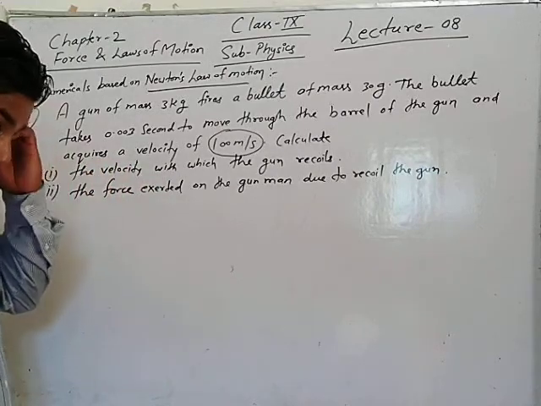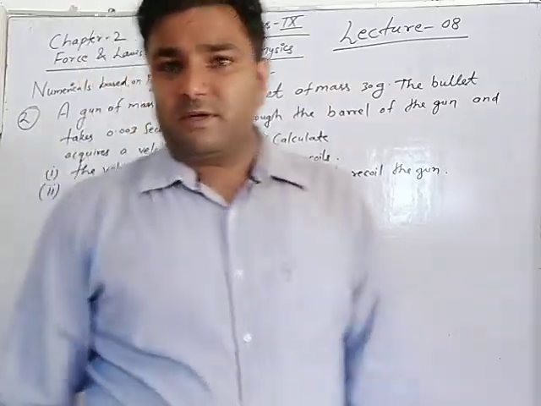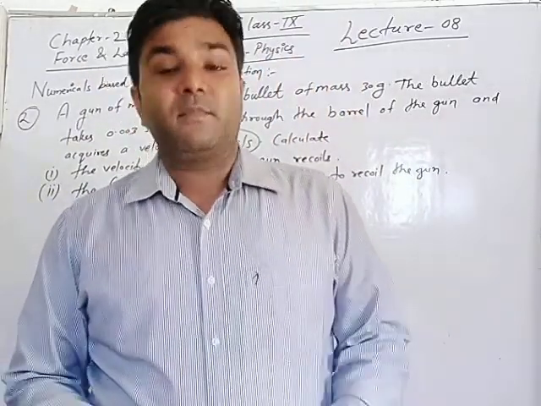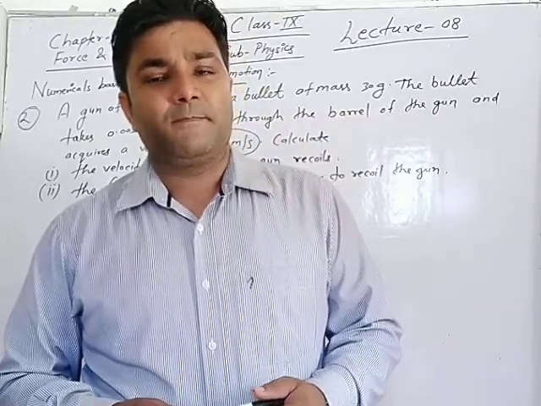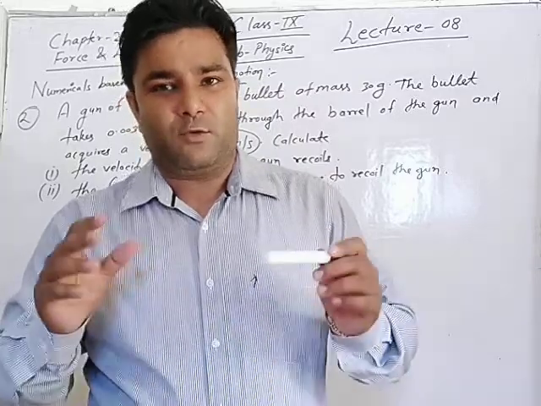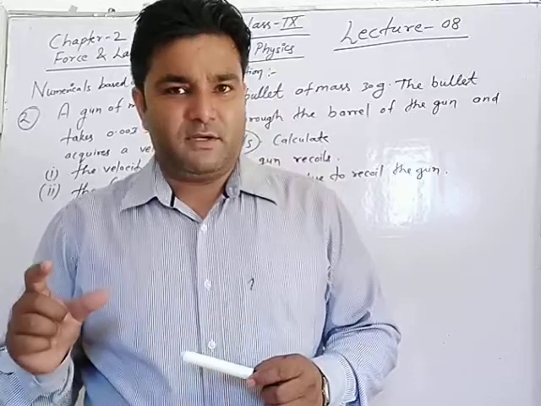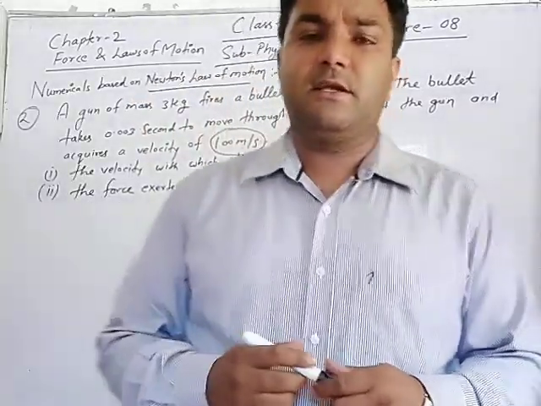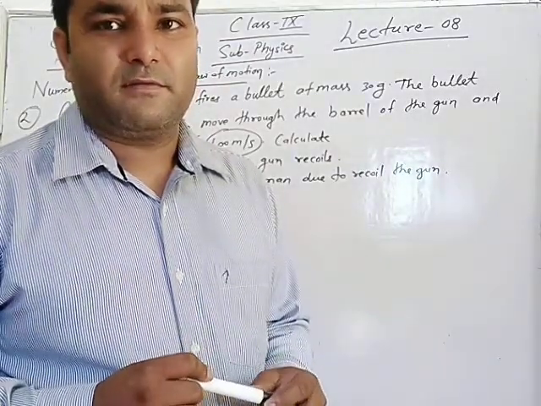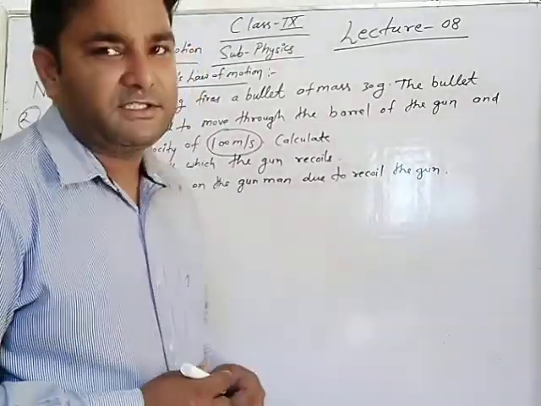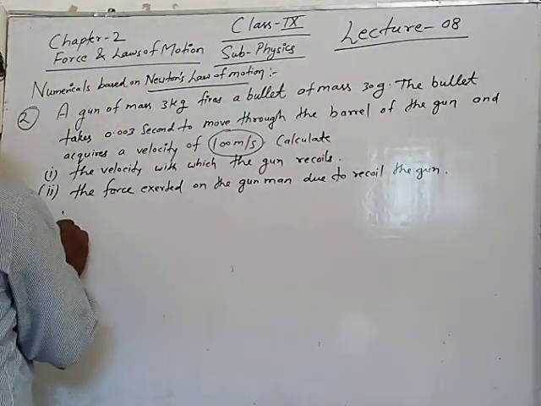In the previous lecture we solved numericals based on conservation of momentum, and previous to that, in lecture near about 6, we discussed the recoiling of a gun. For the recoiling of the gun there is a formula derivation, and that formula is utilized here directly. That is capital M capital V plus small m small v is equal to 0. That is the conservation of momentum. So the solution of this one is a very simple concept. Let's see.